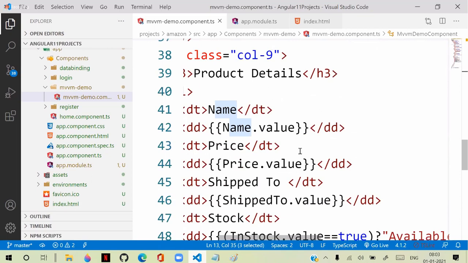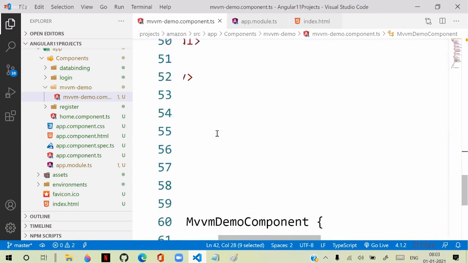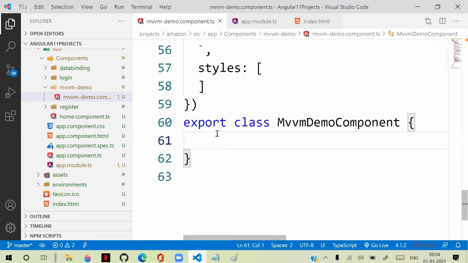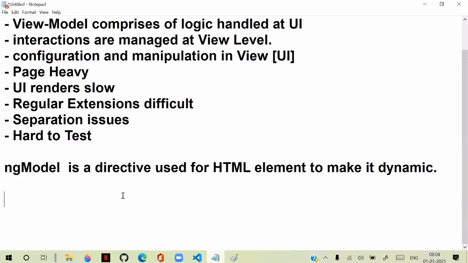There is no reference that needs to be maintained and managed in your controller. This is good at certain levels, but it has its own issues. That is the reason we have to manage these two things. So this is one simple point on how to handle two-way binding using MVC and MVVM-like architectures in a single component.